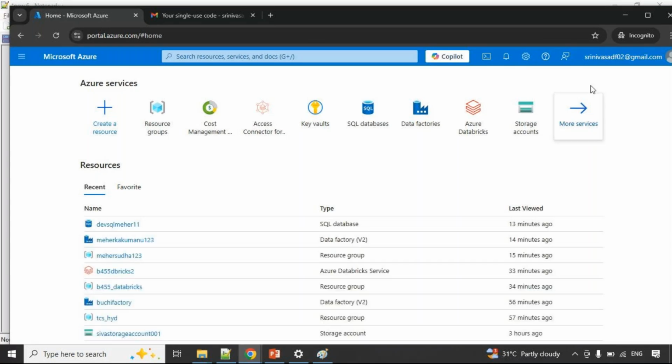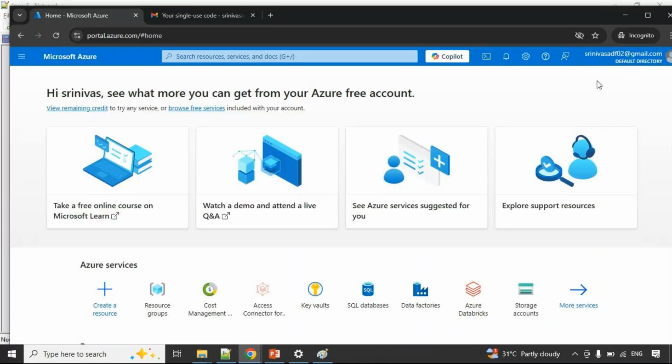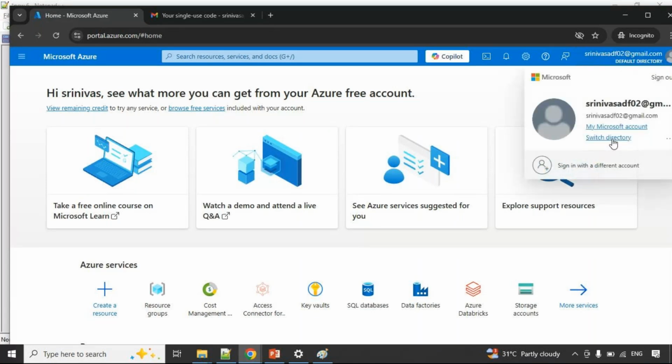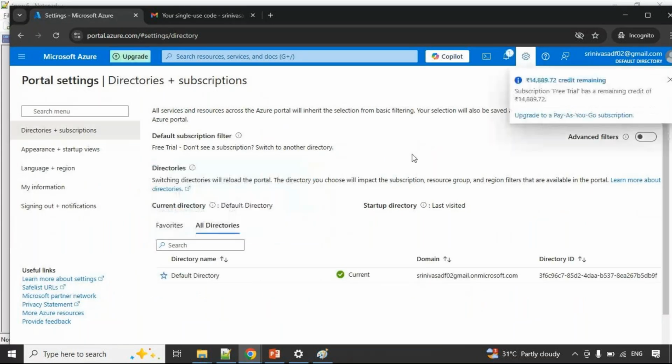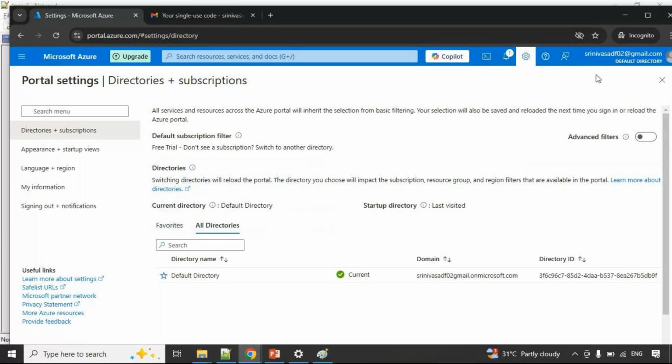Okay. Now this is the account. Guys, first time when you created, now you can see the default directory. When you click here, you can go to switch directory.